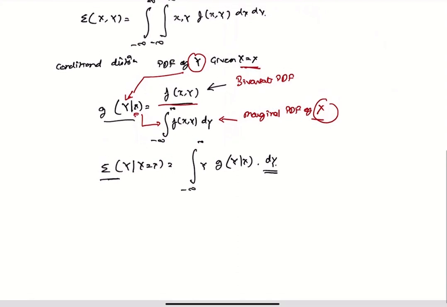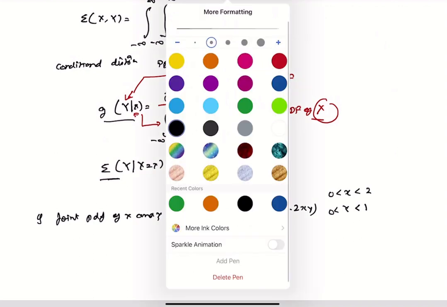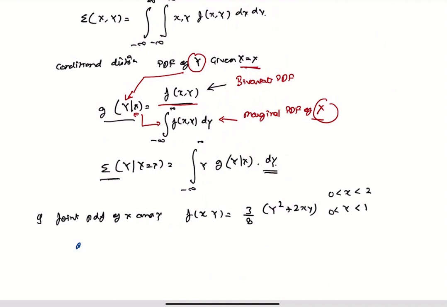Now we're going to do some questions. So the first question is that the joint PDF of x and y is fxy equal to 3 by 8 (y square plus 2xy), and the limits of x are between 0 and 2, and the limits of y are between 0 and 1. We want to know the marginal